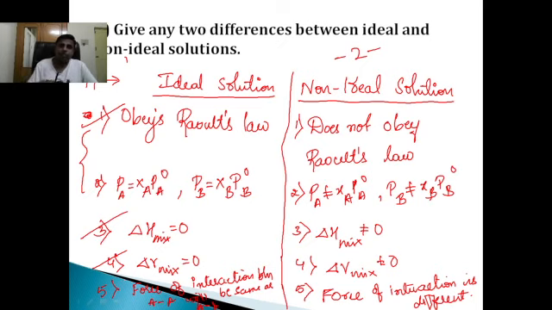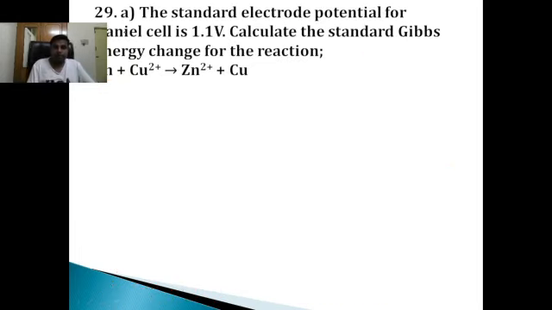Let us see, the next questions might be from electrochemistry, isn't it? Yes, of course. The next question is from electrochemistry. Again, it's a problem, a 3 marks problem. The standard electrode potential of Daniell cell is 1.1 volts. That means, given for Daniell cell, E0 cell is 1.1 volts.